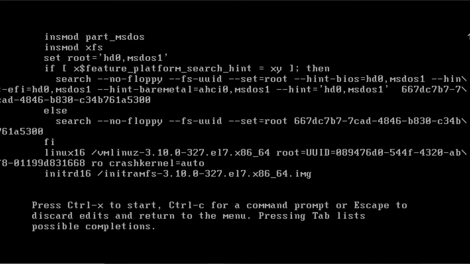Now in RHEL6, in the kernel line, that is the Linux16 line, we just have to add 1 at the end. We don't have to add anything else. We just have to add 1, or we have to add single. These two options work. But here in RHEL7, if you want to go to single user mode, we have to give